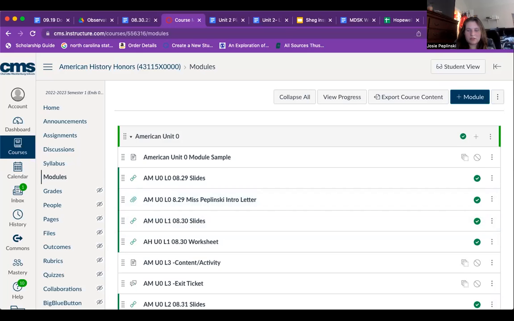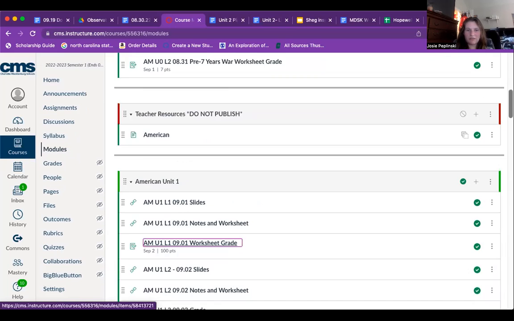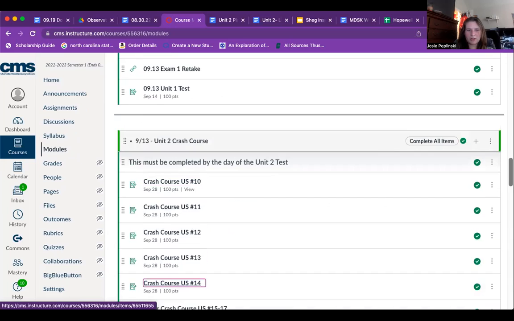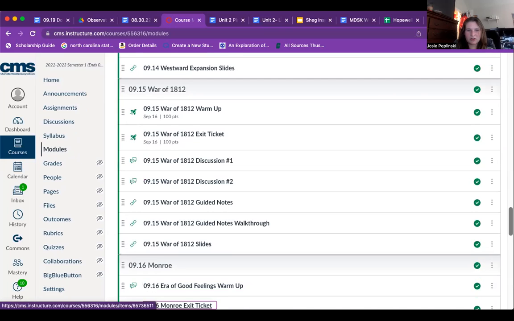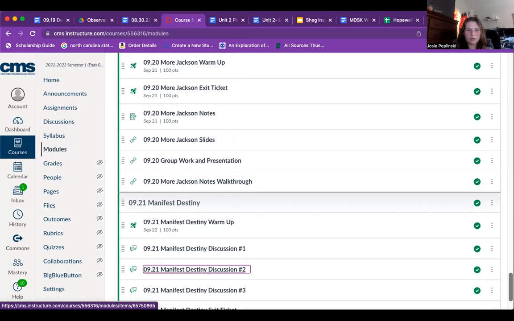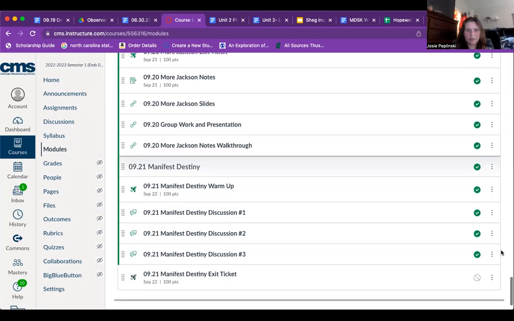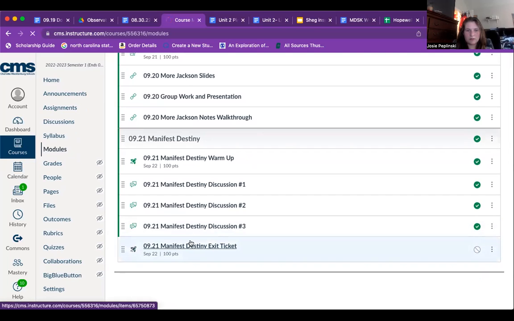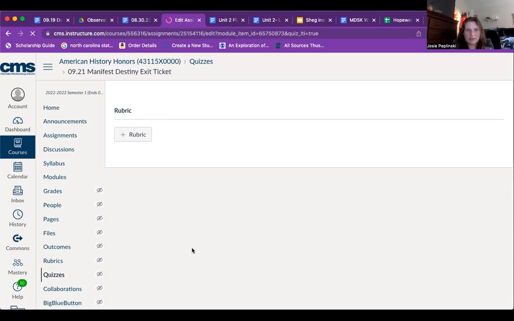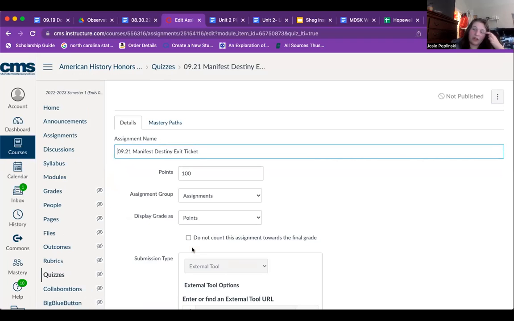That is going to be it for Wednesday, September 21st. Be a good, easy day for you guys because it is an early release day. There's only one more thing. You'll do all three of these discussions here if you're in class. And we do have this exit ticket. It's going to ask you to look at a classic photo demonstrating Manifest Destiny and answer some questions regarding it. So that will all be independent work for Wednesday.